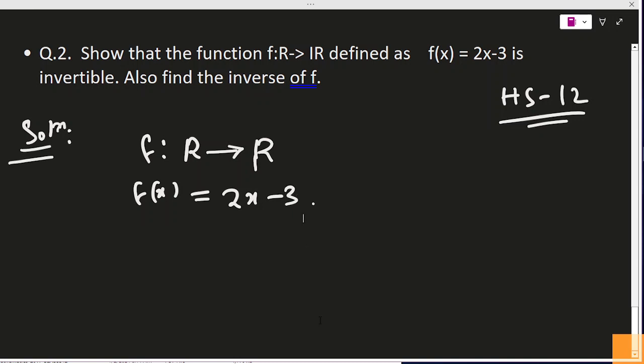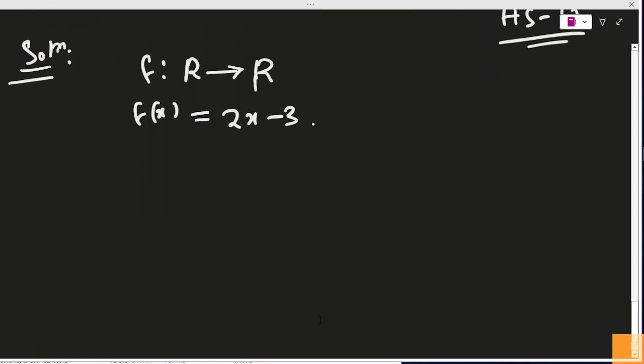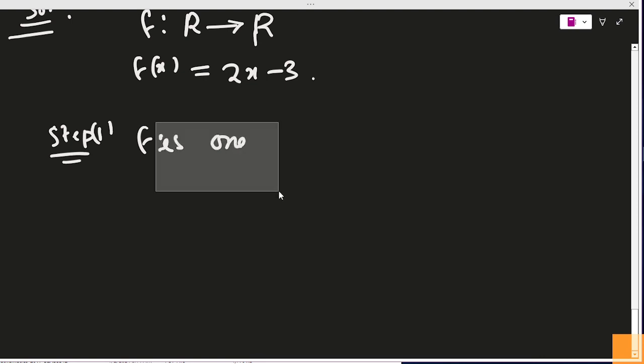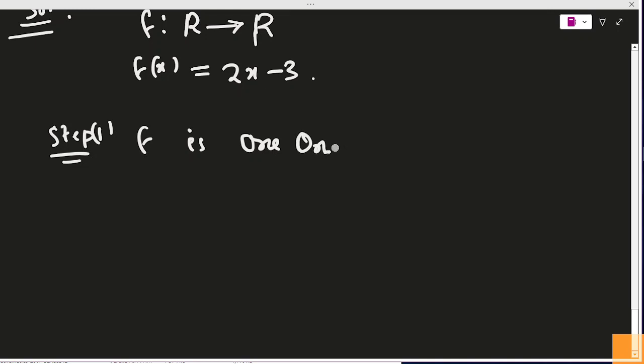So to show f is invertible, first we have to show that f is 1-1. So step 1, f is 1-1. So we have to show that f is 1-1. How to show that f is 1-1? Let's